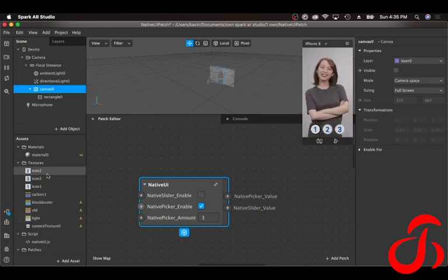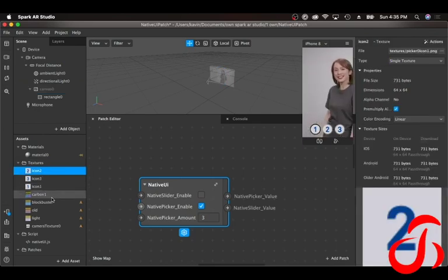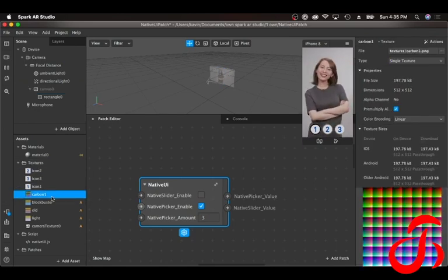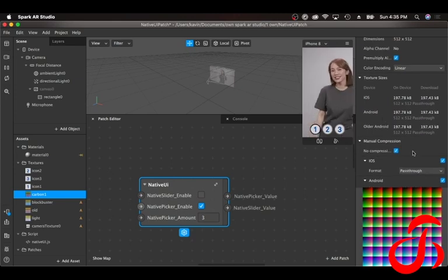For adding new stuff, you can import the icon into the texture. I'm going to change this. Let's take this image as an icon. What we have to do is import the image you want and set it to no compression so that it is not compressed when it comes to the circular size. Then I'm going to rename it to icon 4 and refresh.